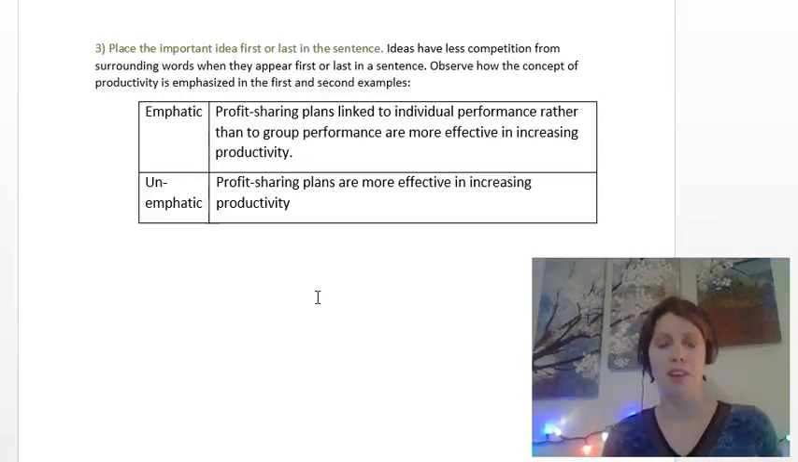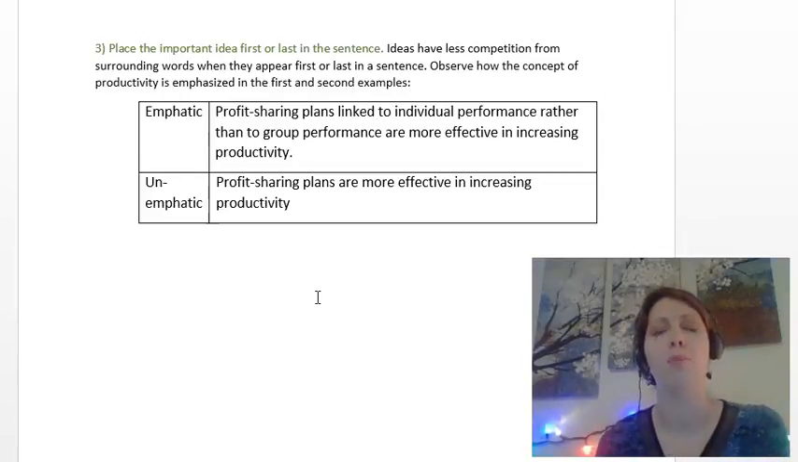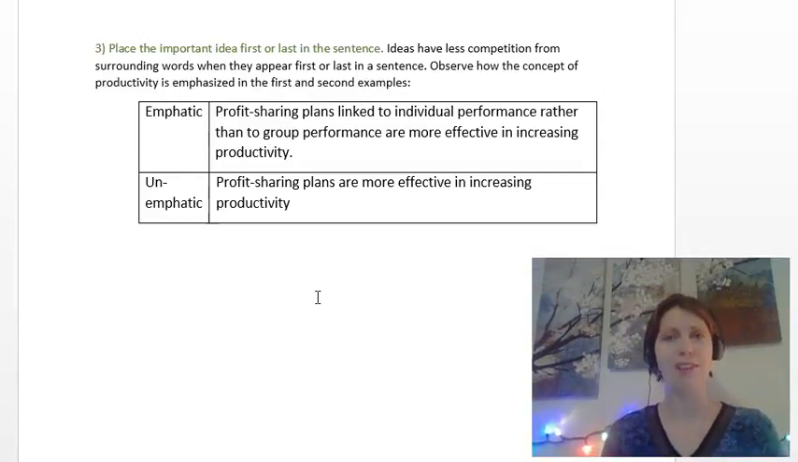So observe here in this little chart how the concept of productivity is emphasized in the first and second examples. So in the emphatic, we have profit-sharing plans linked to individual performance rather than group performance are more effective in increasing productivity,